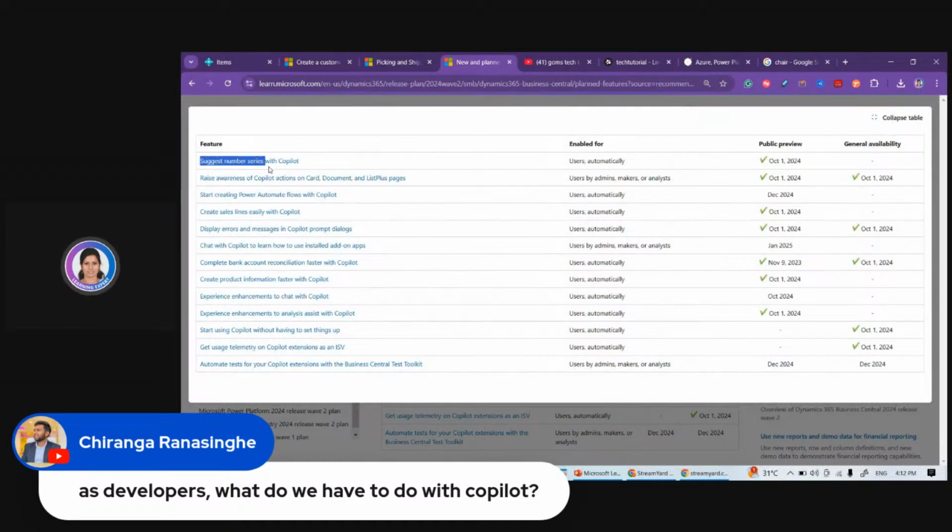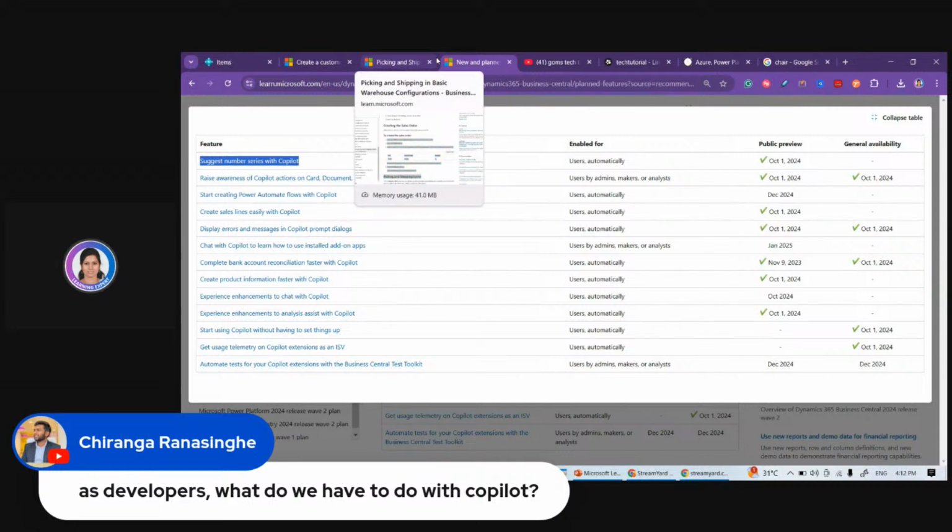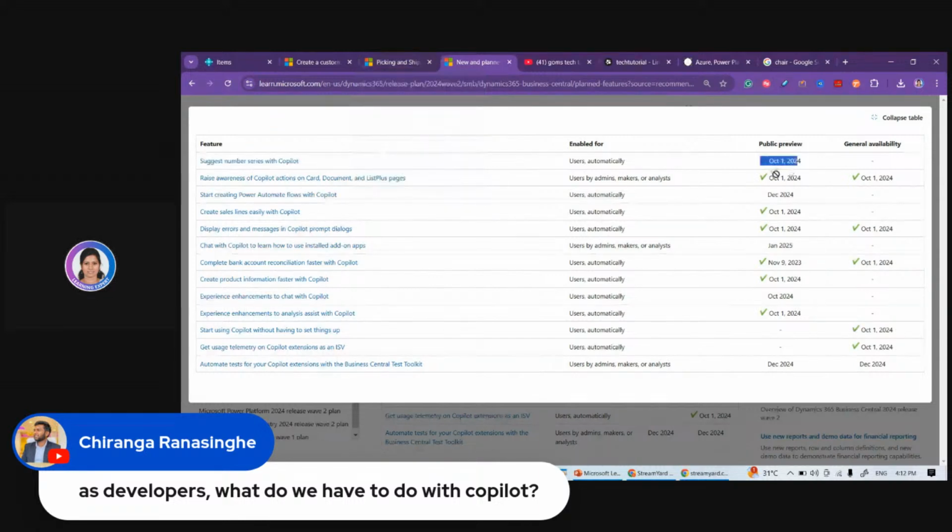You can also find the suggest number series. For this we have to enable the preview feature. Okay, let me just come up with another session with these preview features enabled. That is the suggest number series: raise awareness of the Copilot, card document and list plus, sales line easily